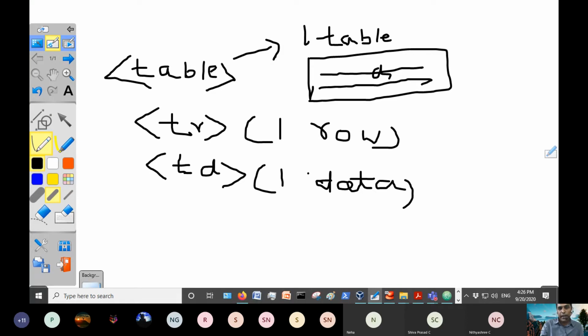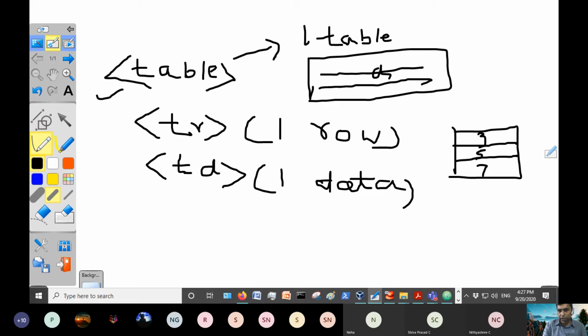Now you may be wondering, what about rows? Only one row. I want a table with 10 rows. So assume I want to create a table like this, with 3 rows and 3 data. I want to display something like 3, 5, 7. So first you create a table using the table tag.